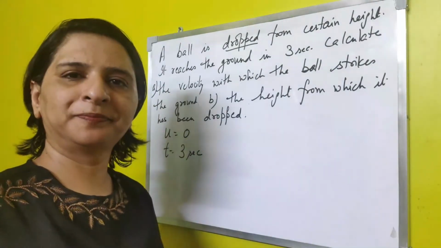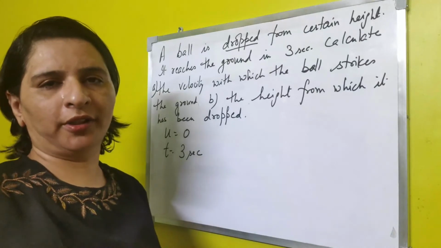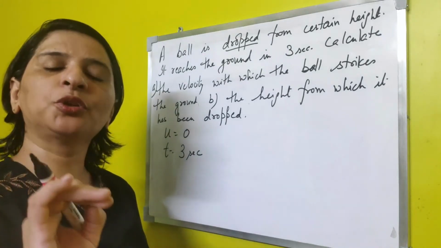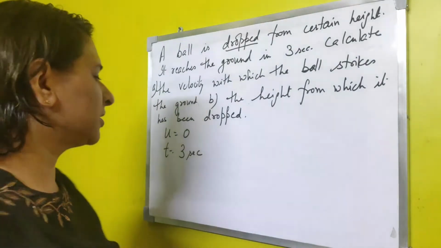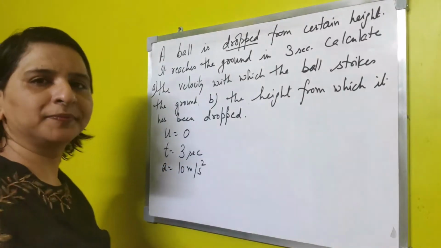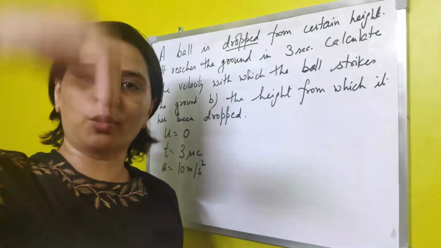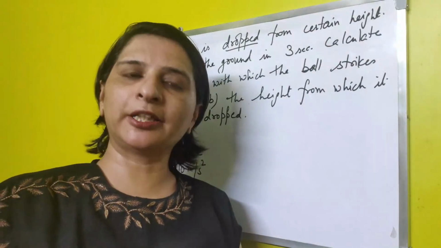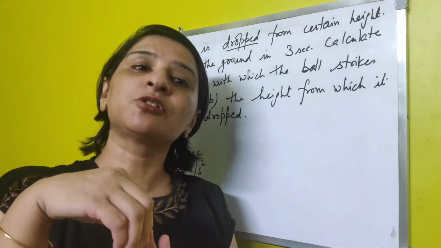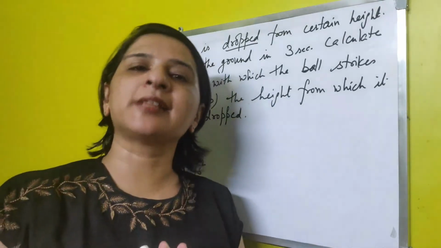Why does the ball fall? The ball has fallen down when you released it because of the gravity acting on it. Okay, gravity always applies the same acceleration. Acceleration due to gravity is constant at a place. On earth it is taken as 10 meter per second square. It is always 10 meter per second square. When the ball is falling down, it is coming towards earth in the direction of the gravity. Gravity pulls the object towards it. Okay, so the ball is moving in the direction of gravity, so acceleration is taken as positive. The velocity will always increase as it goes down.